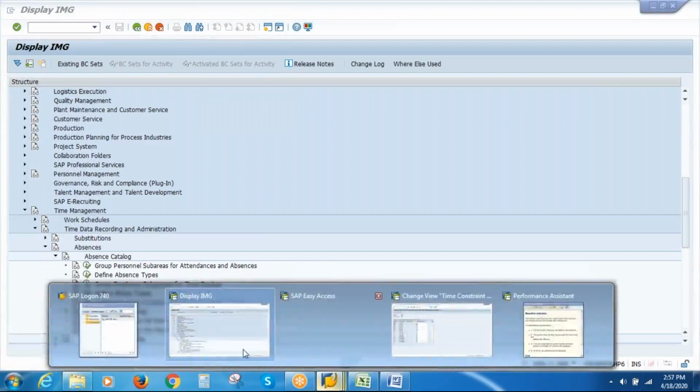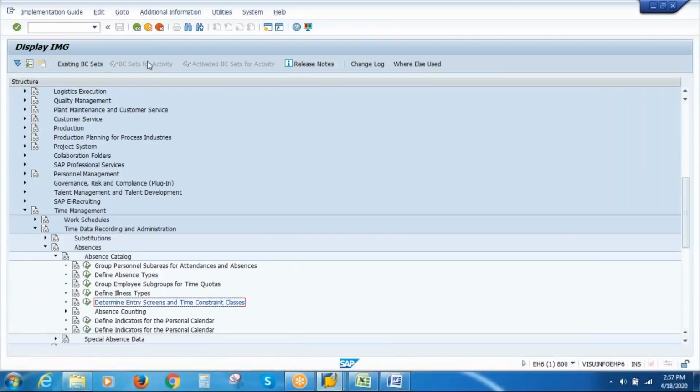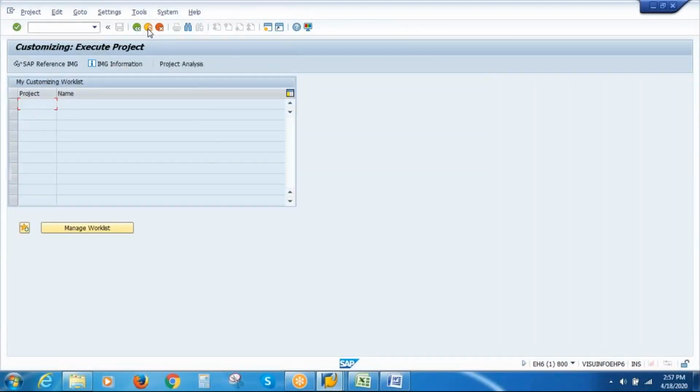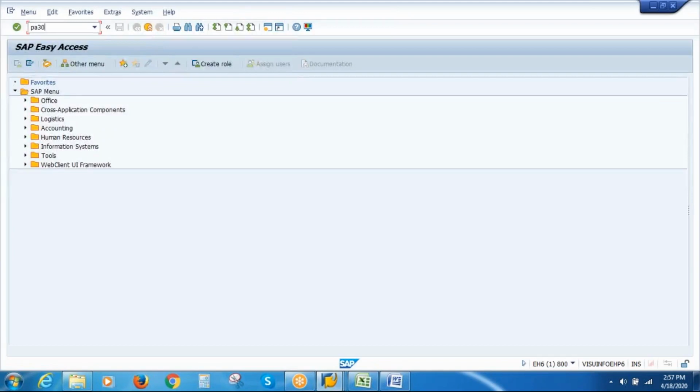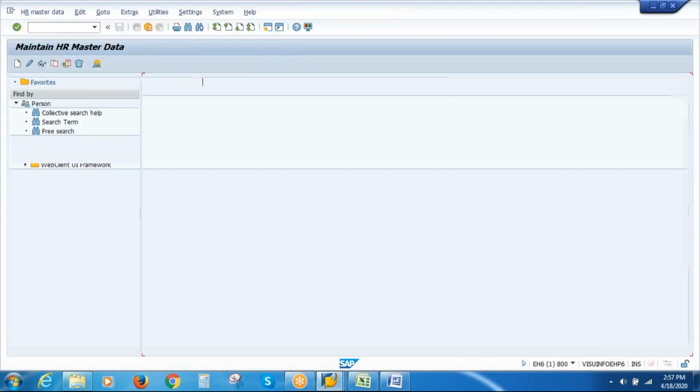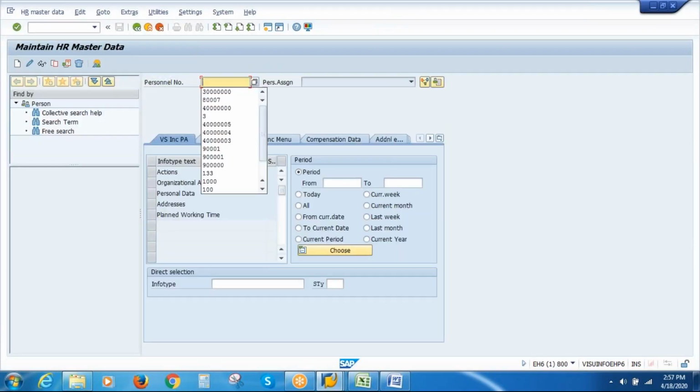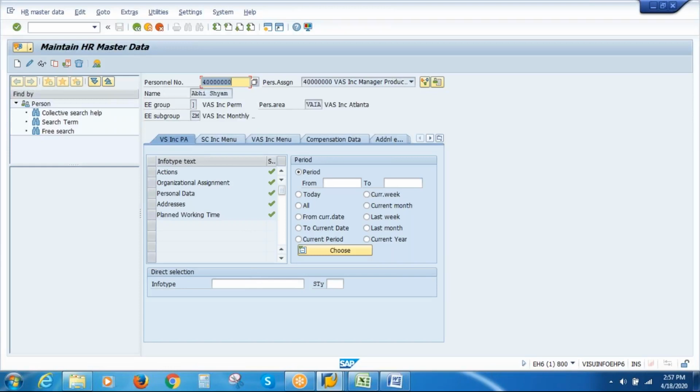If you want to see the output, I'll just show you how it looks like. You go to PA30. We will not really book the absence right now, but we will see. Now the employee whom we have hired is employee number 4 followed by 7 zeros.